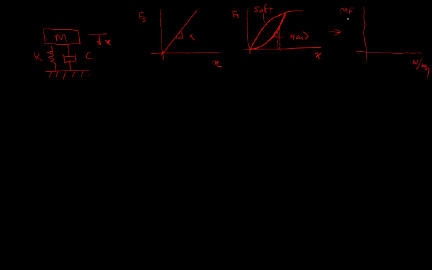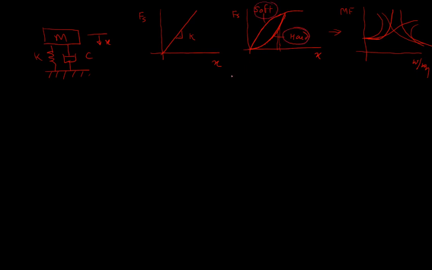If you observe the frequency ratio curve, that is the magnification factor curve for this. What will happen in a linear spring? Your observation of this curve is like this. If my spring is soft or hard, my curve will become like this, or like this. So its entire behavior or performance will change. That's what becomes non-linear.